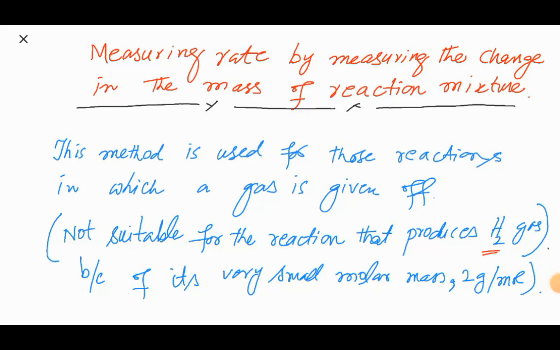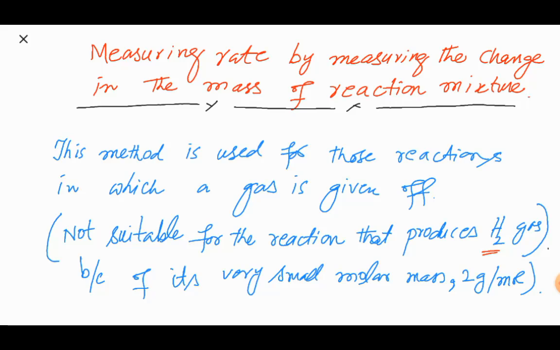Hello, everybody. This is Gul Rahim, and today we are going to discuss another method to measure the rate of a reaction, and this is measuring the change in the mass of a reaction mixture. This method is suitable for those reactions in which a gas is given off, but just keep it in mind